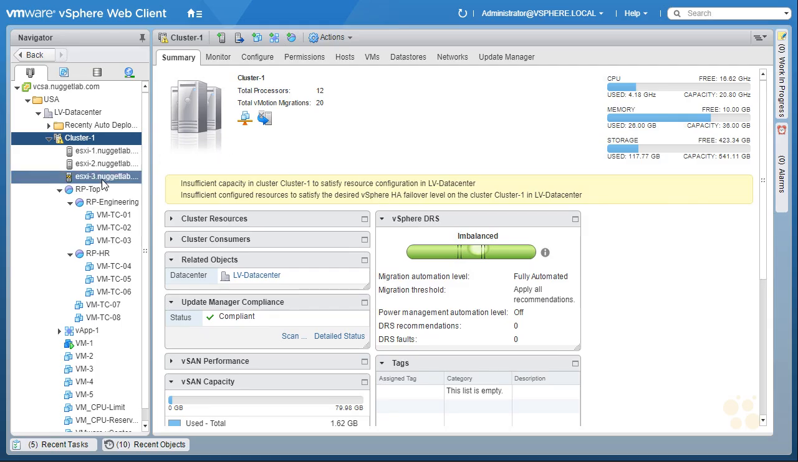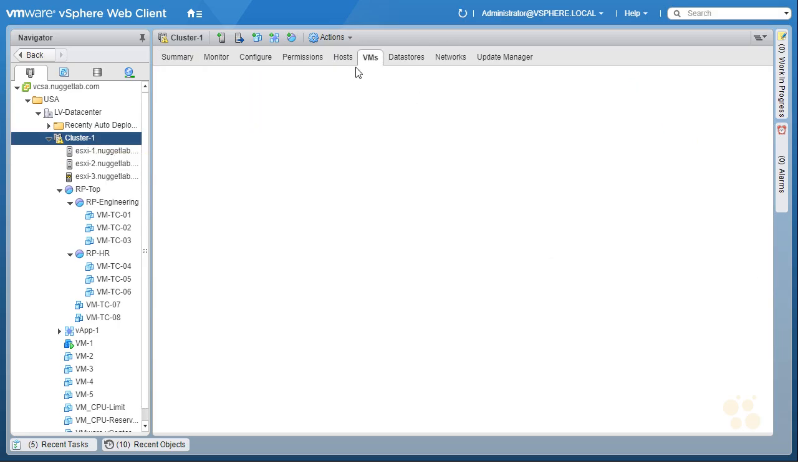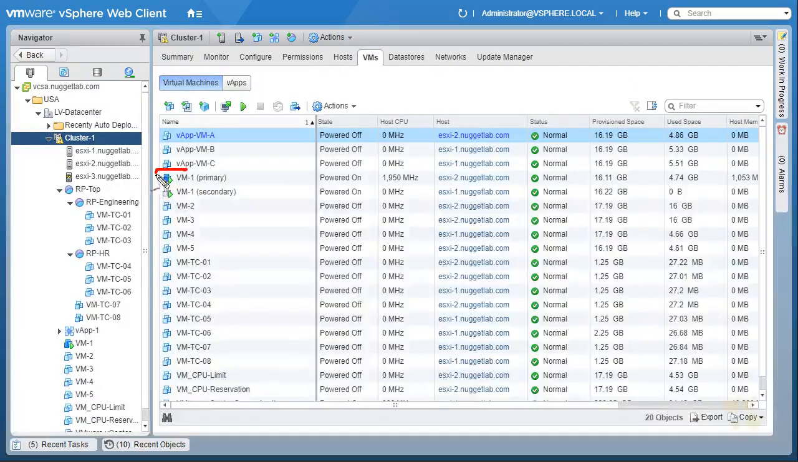Over here on the left, if you'll notice, ESXi3, I've placed in maintenance mode so that when our lab booted up, ESXi3 is not available to run VMs. So with the cluster selected, if we click on the VMs tab right here, it's showing us that the VM1 primary is running as well as the VM-1 secondary. The primary is running on ESXi2, the secondary is running on ESXi1, and that's kind of a challenge because ESXi1 is indeed very, very busy